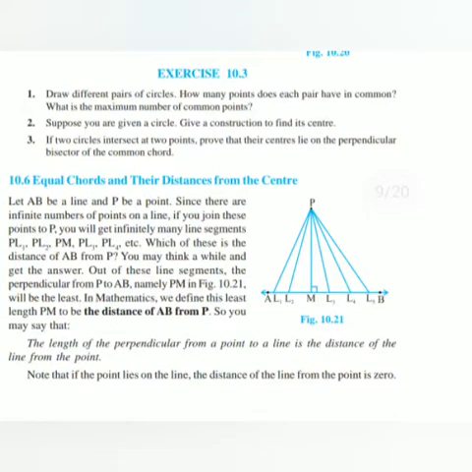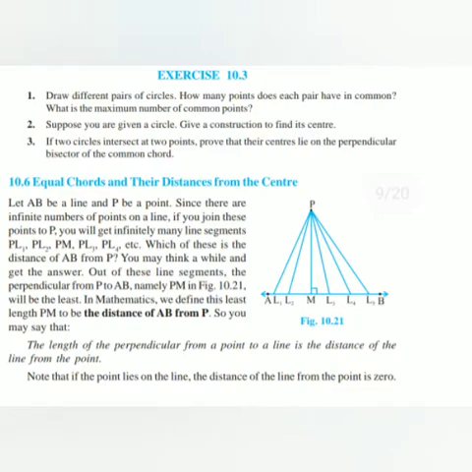So there we gave the answer that both have 2 common points maximum, and minimum 0 we can write over there. So that question we already did, and for this exercise we will begin question number 2 as well as question number 3, as well as theorem 10.6 and theorem 10.7. Here we will talk about equal chords and their distance from the center, which you will see in the video.